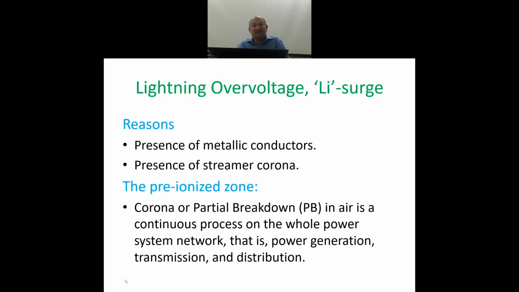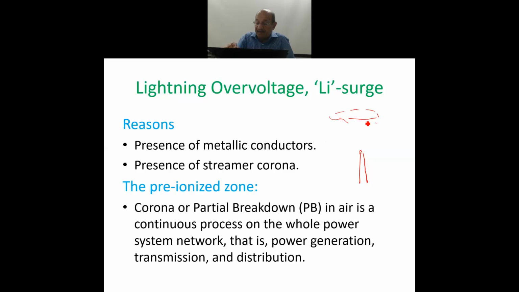why the electrical power network is prone to lightning strikes. See, the lightning prefers to strike upon a metallic conductor, because at the tip of the metallic conductor in the dielectric there will always be a high electric field. For example, suppose you take this, this is a tip of the metallic conductor, and the clouds are here,